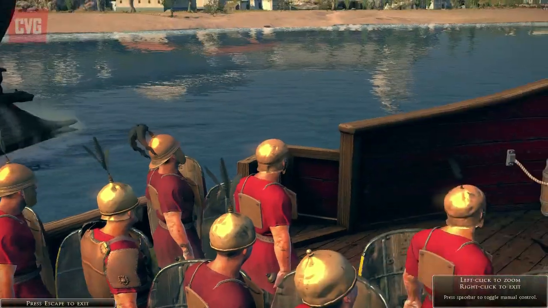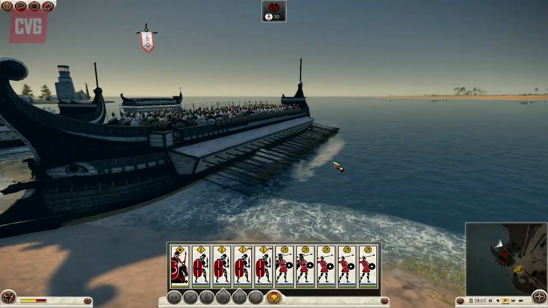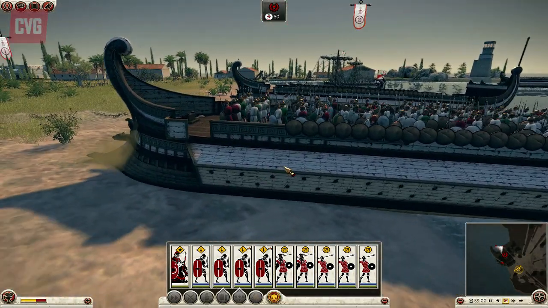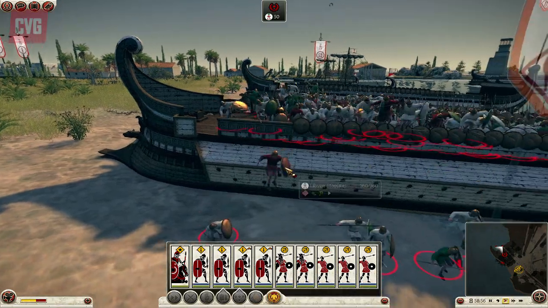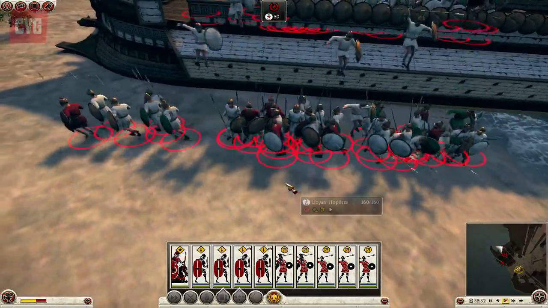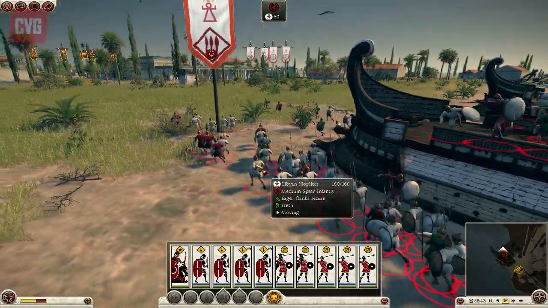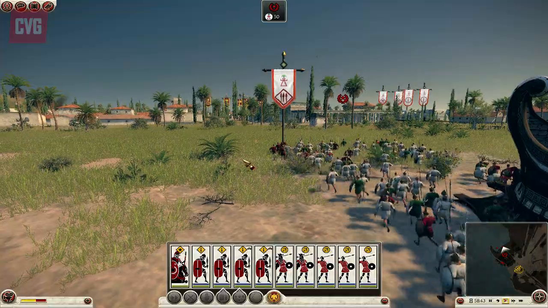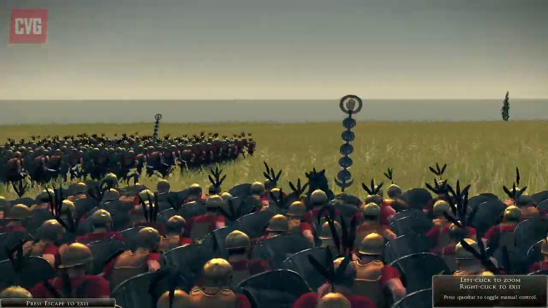But the most important thing is that ship combat and land combat is now seamless. So you can land on the beach and your soldiers can come off and fight on land seamlessly, which is a really great new feature. It makes for some really interesting battles where, say you're fighting on the Nile in Egypt, you could be fighting with ships on the river whilst infantry are fighting on the shore. So it makes battles much more dynamic, and you can do Saving Private Ryan style beach landings,